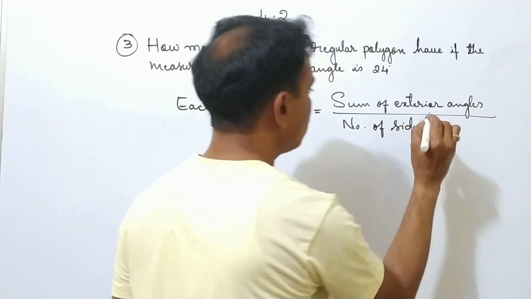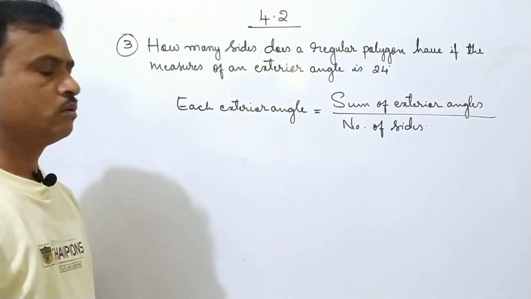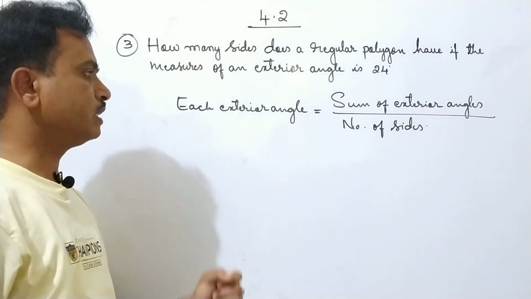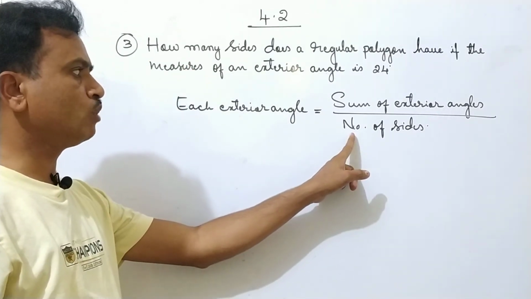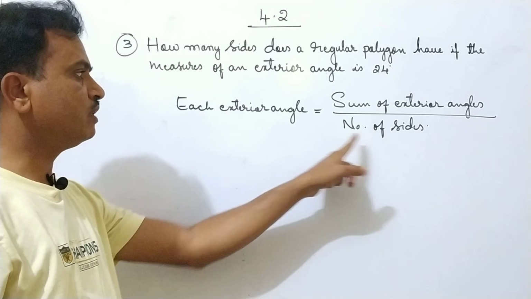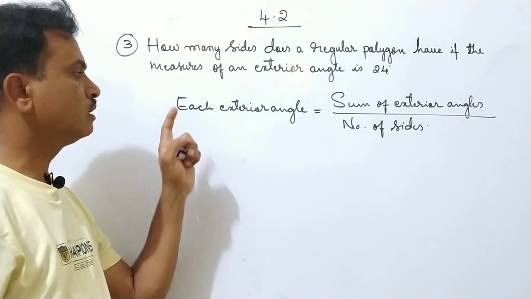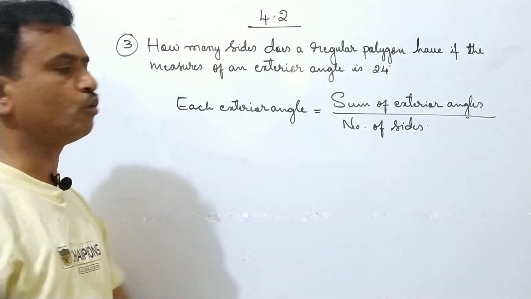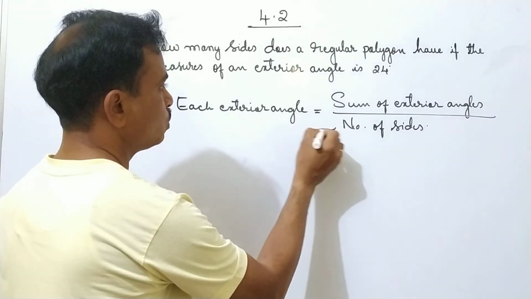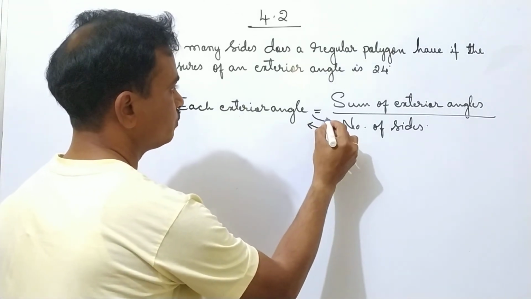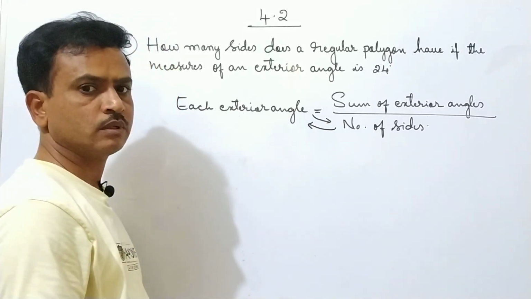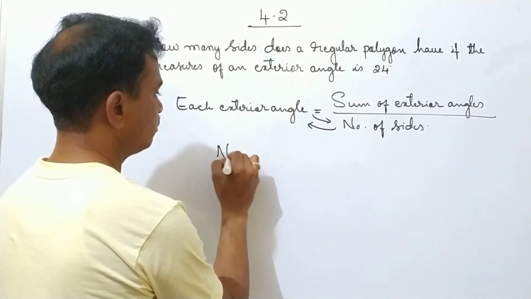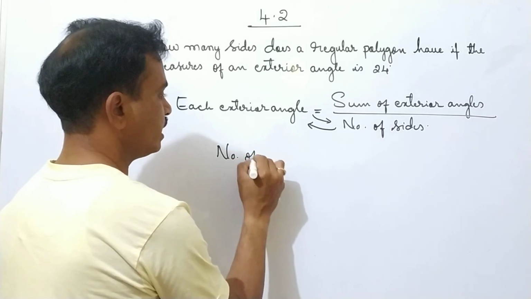We know this formula. Now we want the number of sides, so the denominator, number of sides, we have to take to the LHS. Each exterior angle we should take to the RHS, it goes to the denominator. Just you have to transpose like this. Then it becomes number of sides